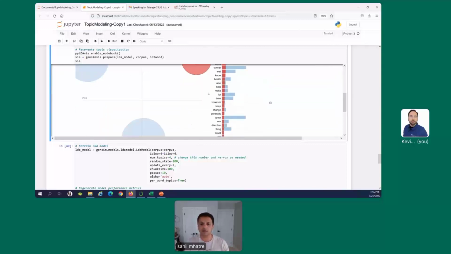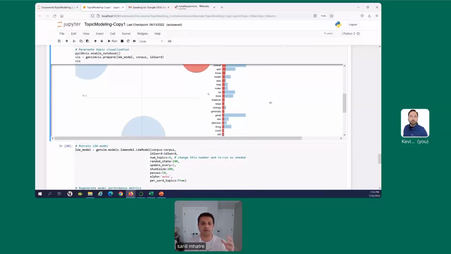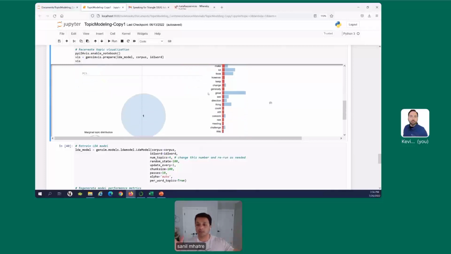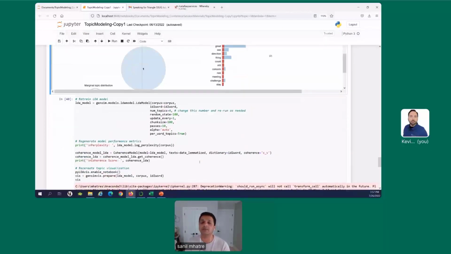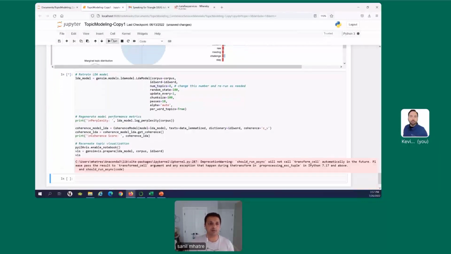The circles are large, the circles are pretty far apart, they are not touching each other, they are not overlapping. We don't have a situation where there is one large circle and a bunch of tiny circles. This looks pretty good. But let's be sure that this really is good, or maybe it might get even better when we ask the model to train itself for 4 topics. So let's run that iteration real quick and see what our outputs look like.